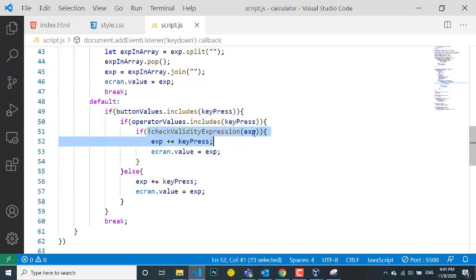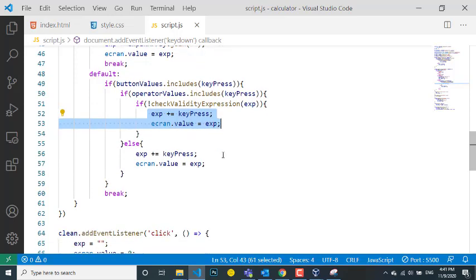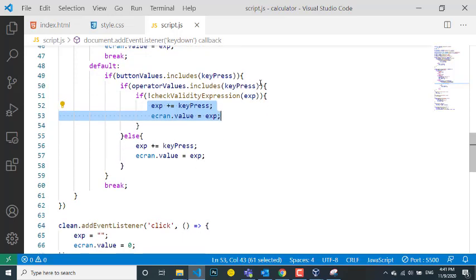So this will check, and if it is, it will return false. If it's not an operator, then it will be negated with this, it will become true, and this one will get executed. But if the user presses something that is not an operator, just maybe a number like 1, 2, 3, 4, 5, then this one gets executed.